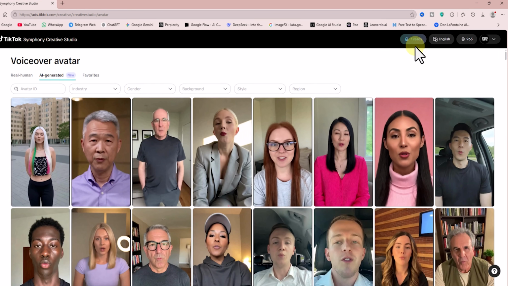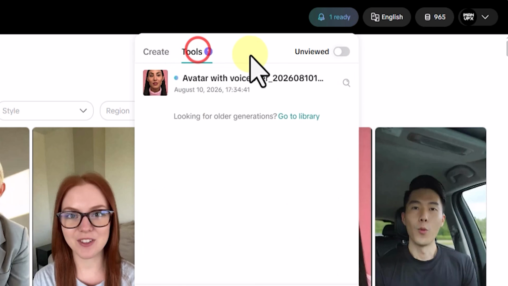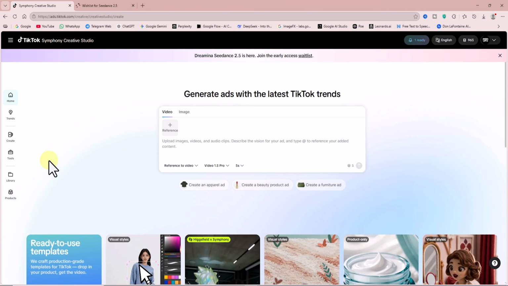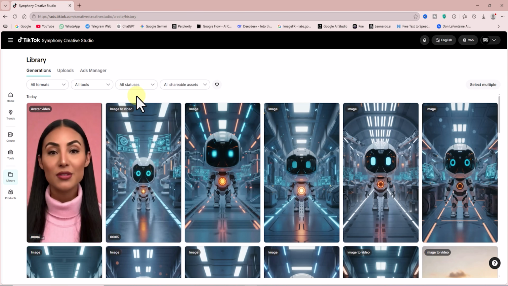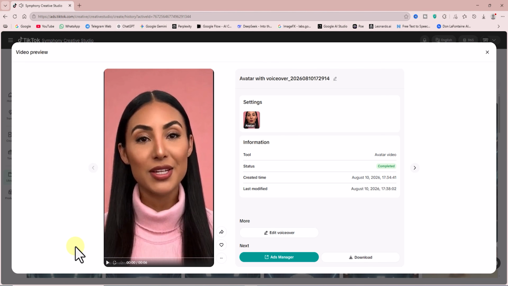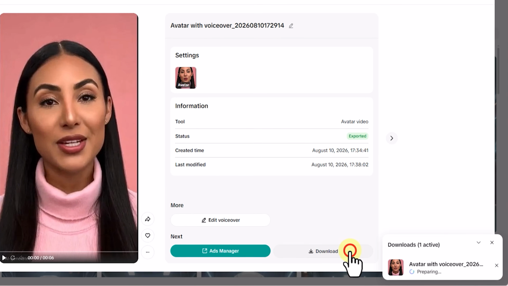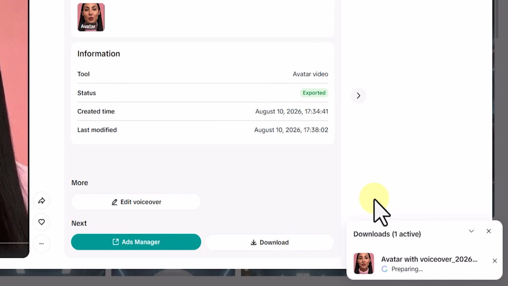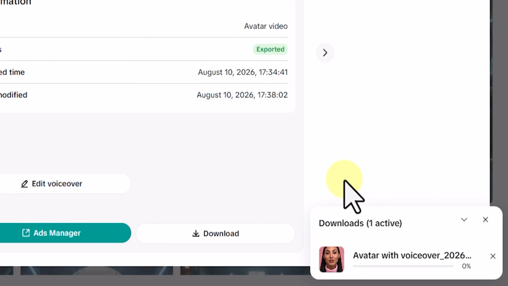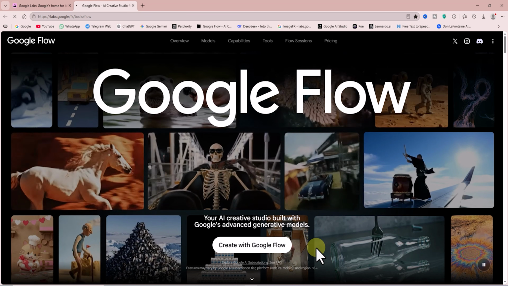After a short wait, the talking avatar video is generated using the same script and settings. From the library section, you can play or download the file. Creating an avatar with TikTok Symphony is simple, takes just a few clicks, and is completely free. With this method, you can deliver your own messages using an AI avatar without spending any money and without needing to shoot real footage. The third AI tool in this tutorial is Flow, but hang on, please don't say, "I